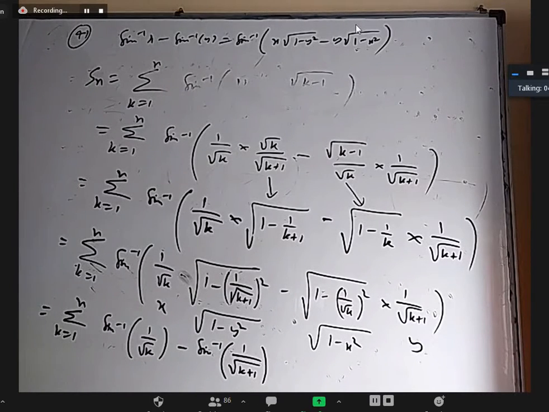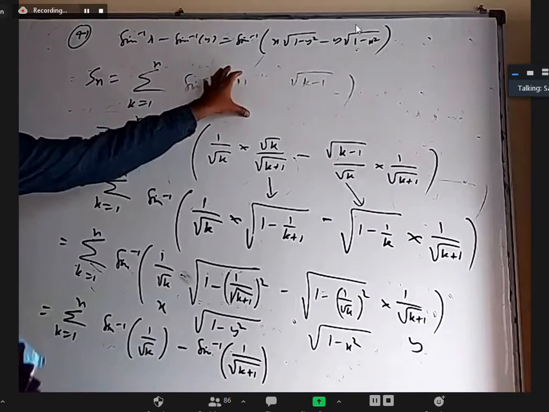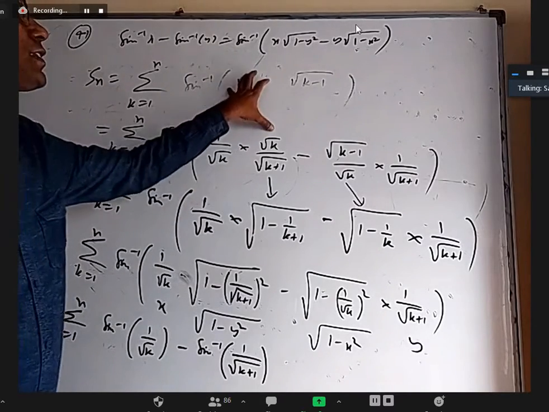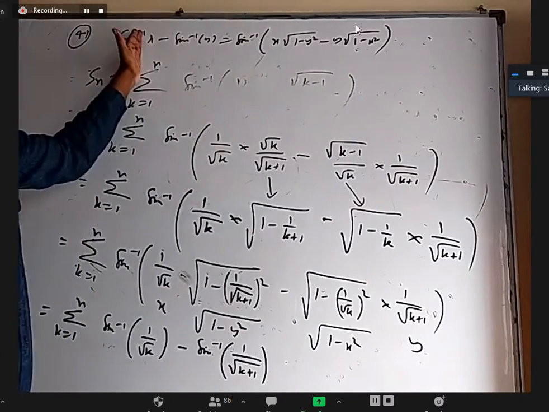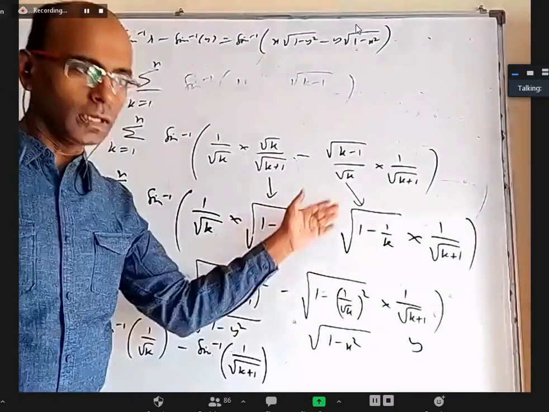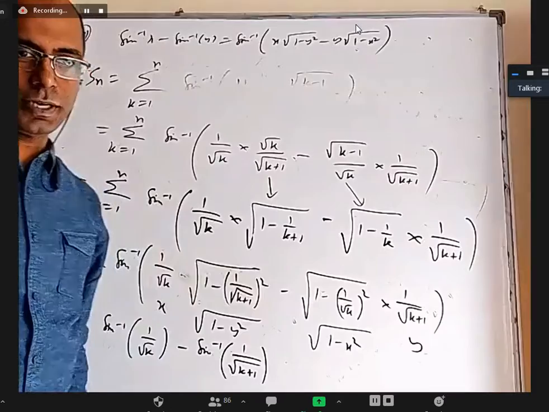Sir, explain this question once. Okay, I erase this part, the main part. It's okay, not a problem. Somehow you have to get an idea how to write this in this formula so that you'll be able to write something minus something. Because if you're able to write each time as something minus something, a lot of things will get cancelled, right?